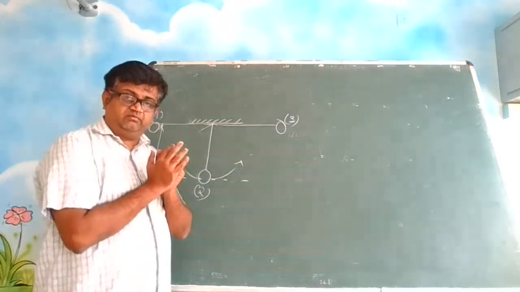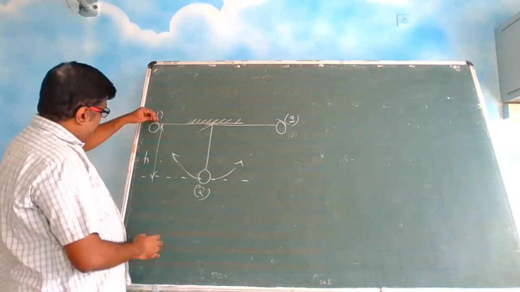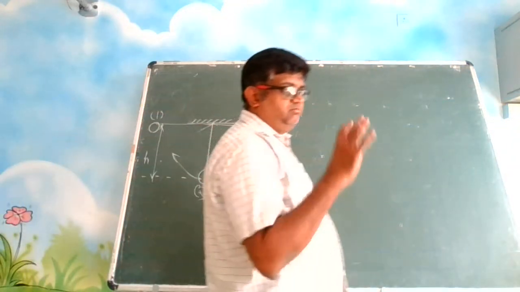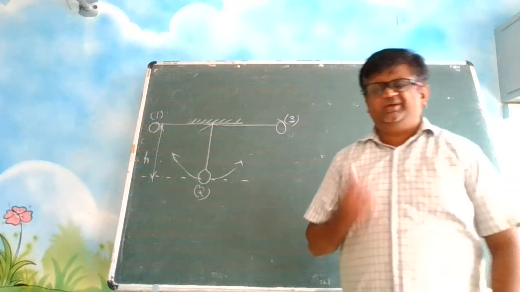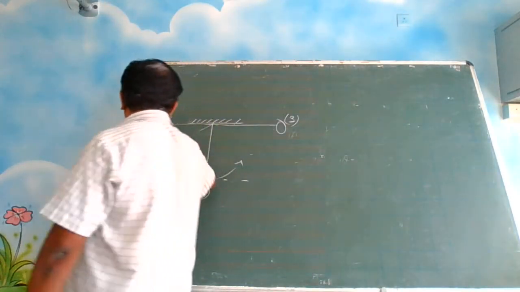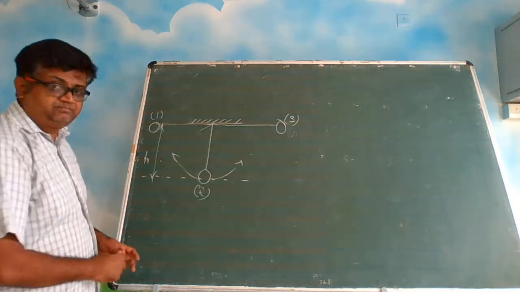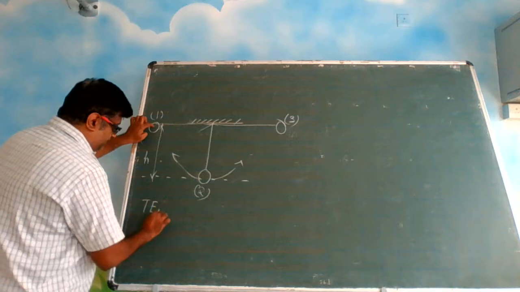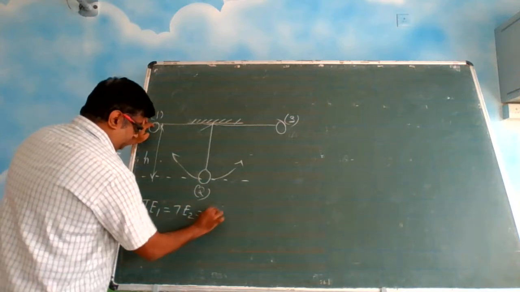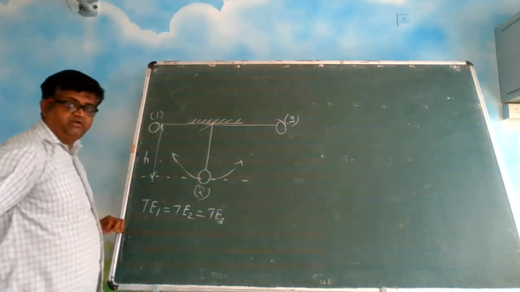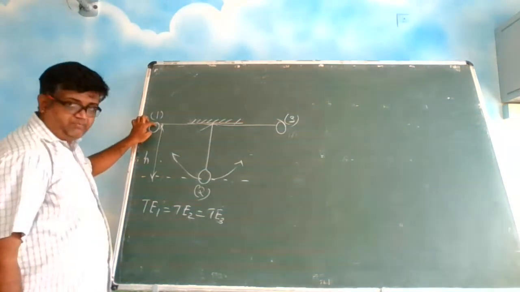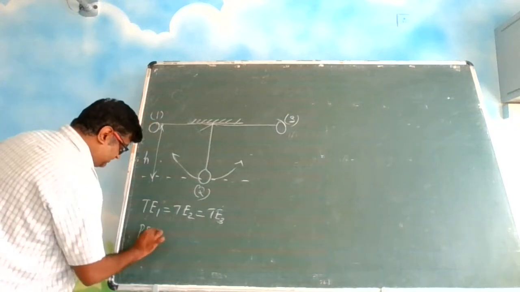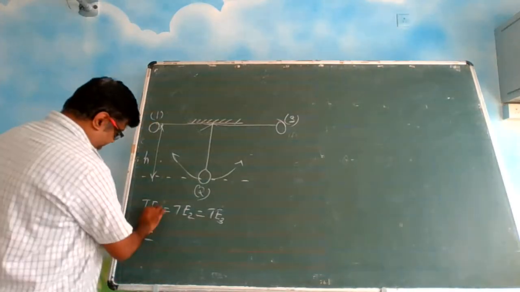But if you are not considering the air, when the bob is falling down, the air will resist also a little bit. So we are ignoring that. Air resistance is ignored. If it is ignored, then we can apply the law of conservation of energy. So what happens? That means T1 is equal to T2 is equal to T3. Right? At T1, the object came to rest. So here only potential energy is there at T1.